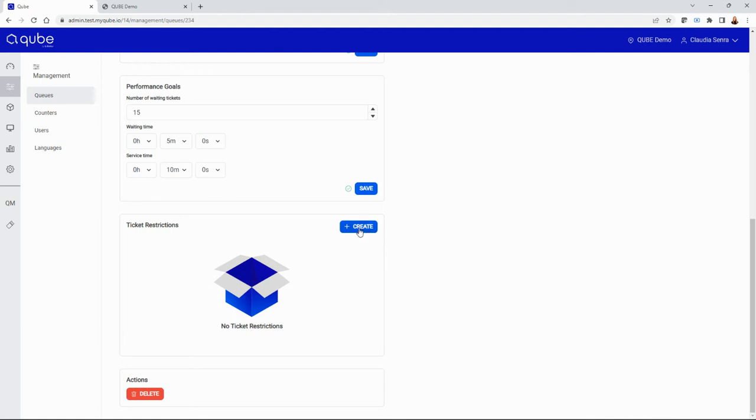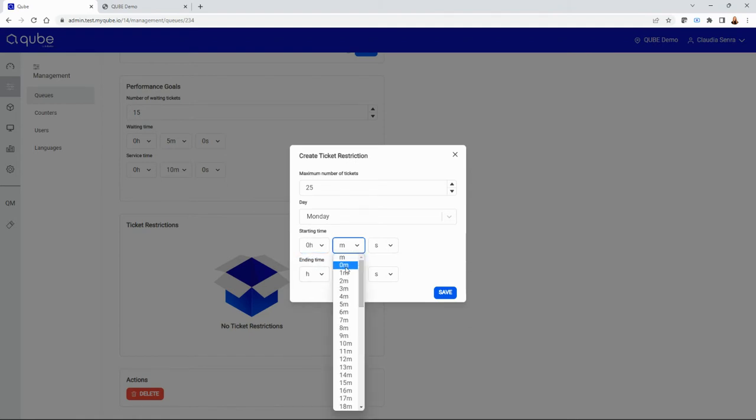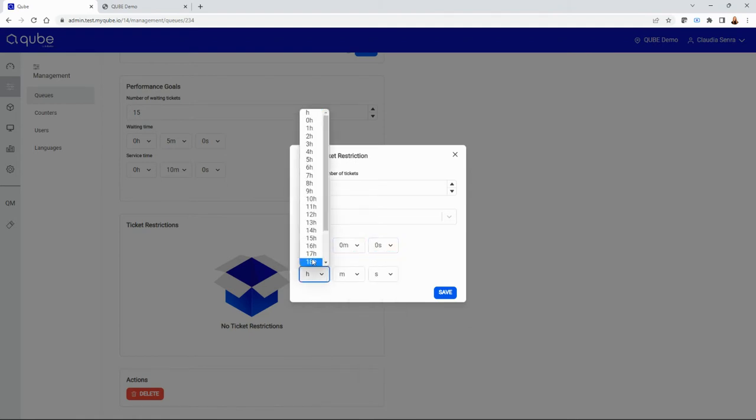And ticket restrictions is connected to the option of creating a limit of maximum number of tickets to attend during a certain period of time. Let's say that on Mondays, you know that for some reason you will only be able to attend 25 tickets on this service, and you can choose the period of time, make it all day long,